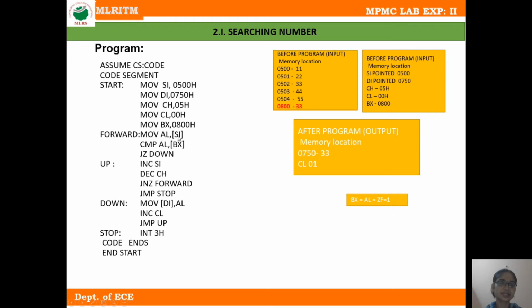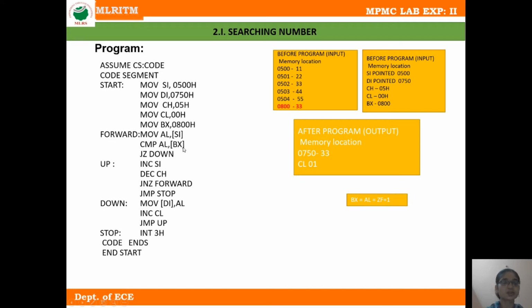This instruction belongs to the indirect addressing mode, and the brackets indicate memory; the content of SI points to the memory location 500. So in this instruction, the content of memory location 500, which is 11, is moved into the AL register. The next instruction is CMP AL, [BX].